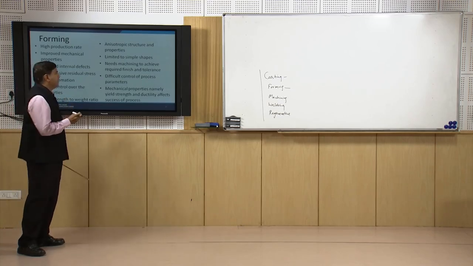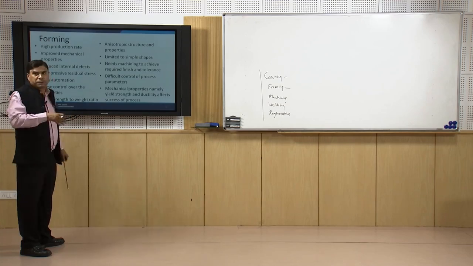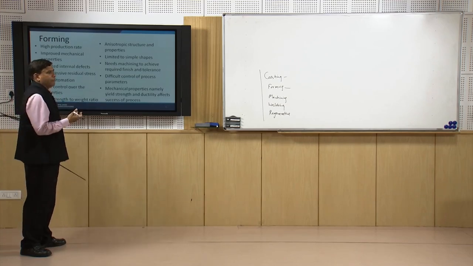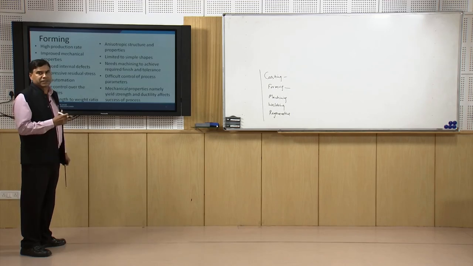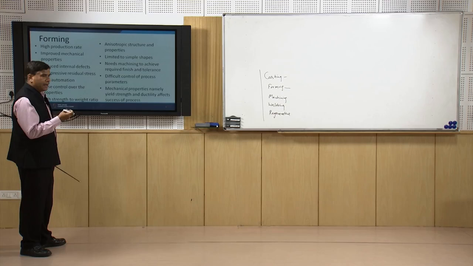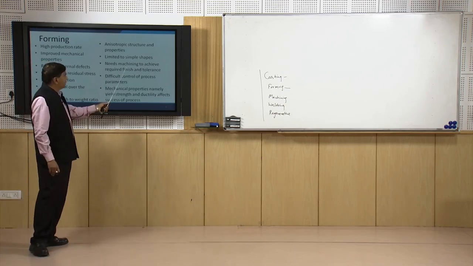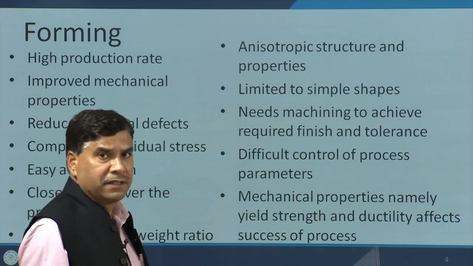Sections cannot be made with complex geometrical features, and therefore post forming machining operations or secondary processing is needed to achieve the desired size and shape as well as features,